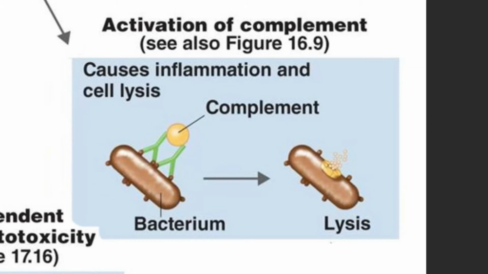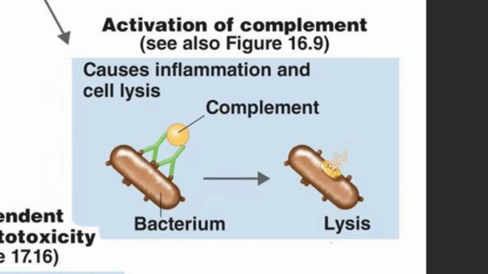If you sort of superimpose that onto the picture of complement activation, you can see that the 2 constant ends of those antibodies are recognized and bound by complement proteins, and that activates the complement proteins, which results in that cascade of serum proteins, which results ultimately in the popping of the cell wall and cell membrane and lysis